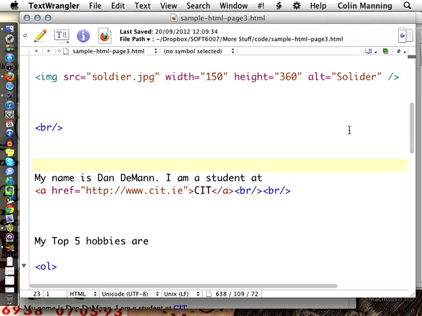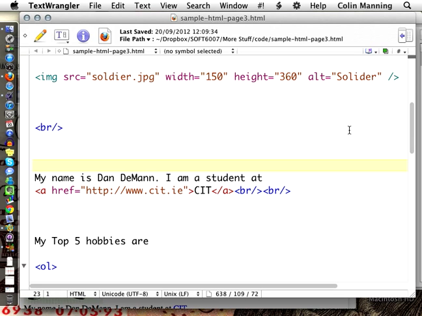Just as when you were putting in a link from one web page to another, if you're on page 1 and you put a link to page 2.html, the browser will look for page 2 in the same place wherever page 1 is. But alternatively in a href, you could put in the full path. You could go http://www.cit.ie/computing/colon/examples/